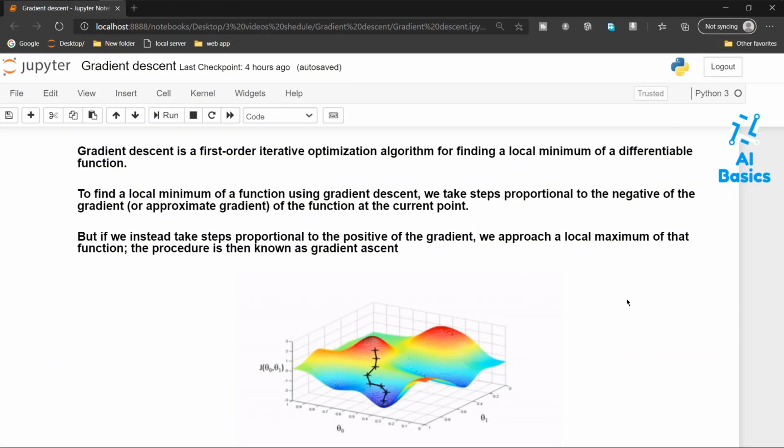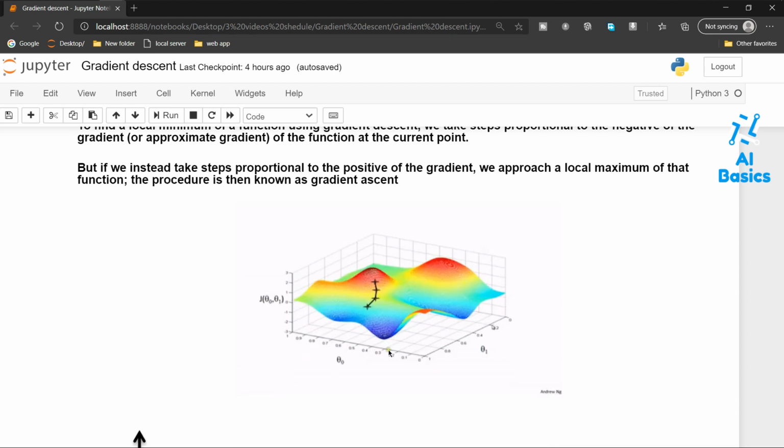In deep learning there are some techniques called Deep Dream and neural style transfer. In those techniques, we use gradient ascent to find local maximum gradients and we apply those gradients to convolutional neural networks, and we create some deep dream images by using those techniques. I will cover those things in the deep learning playlist. First, we are going to focus on gradient descent.